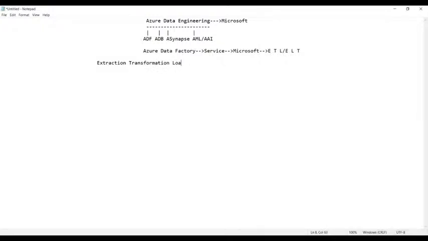And then you have, what's that? Loading. Extraction, transformation, and loading. What is that? Extraction, transformation, and loading. ETL is nothing but, guys, the ETL is